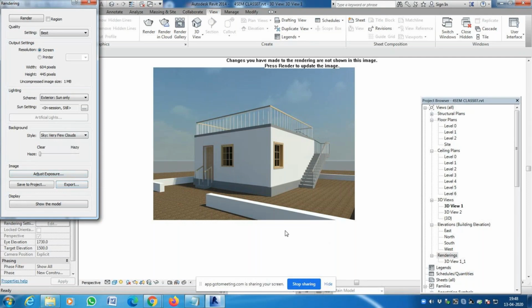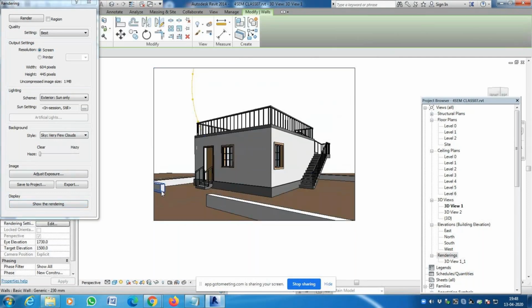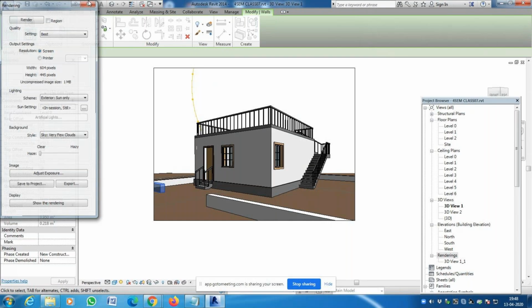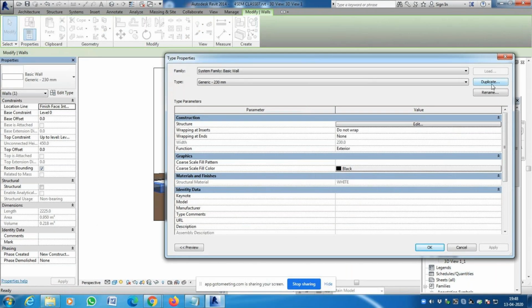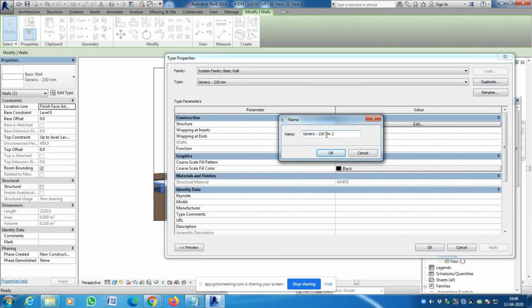Now the point is, here I have taught you just to add one color to the whole wall. That is, on either side of the wall you have the same color. That is my first option. Now I'm going to show the model, and I'm going to teach you the next option available. What is the next option available? I'm going to edit this wall type and call it duplicate, and then